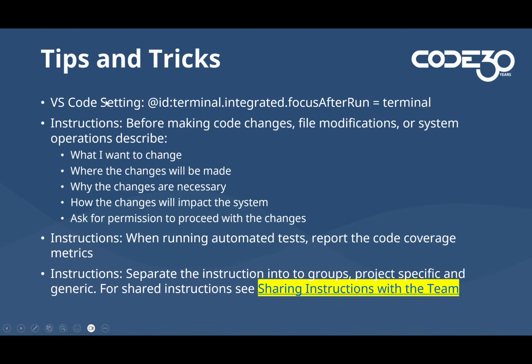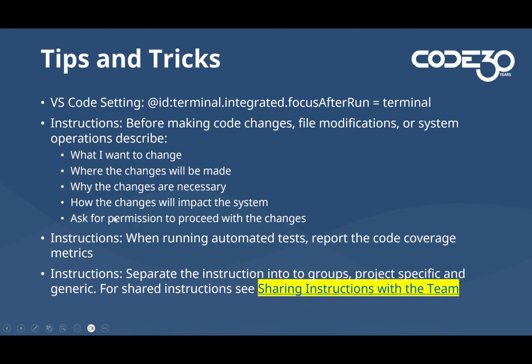It's very tedious. On your instructions here, these are additional instructions that you may want to include in a personal file: before making any code changes, file modifications, or system operations, say what you want to change, where the changes will be made, why the changes are necessary, how the changes will impact the system, and then ask for permission to proceed with the changes. I think this is an important prompt, in that if you take a look at the plan that it's trying to implement and you see issues with that plan, you may want to actually stop the execution, don't proceed, update the prompt or the context in order for it to understand better what you're trying to accomplish, and then